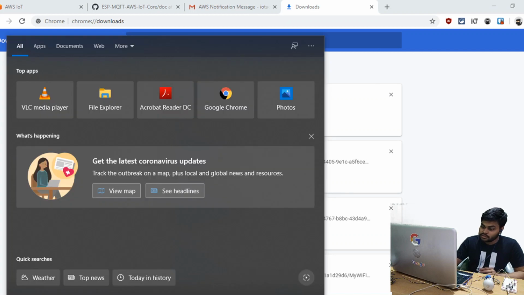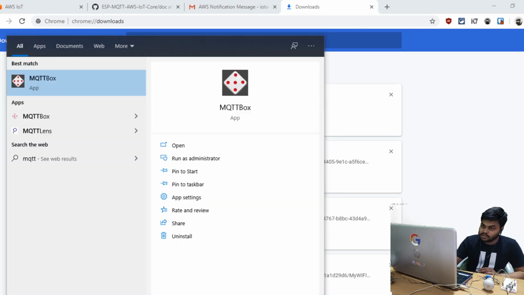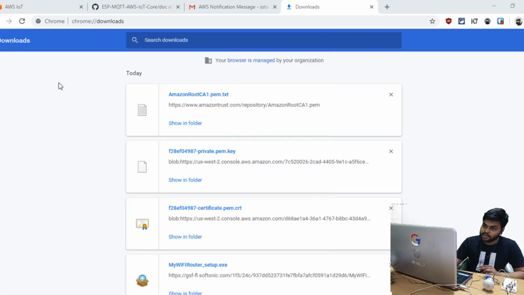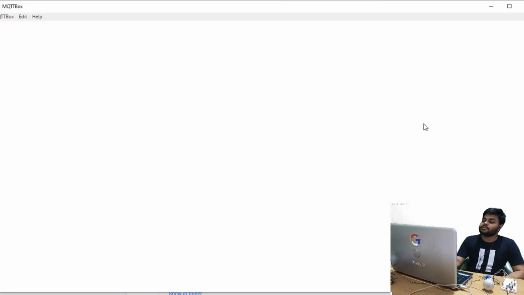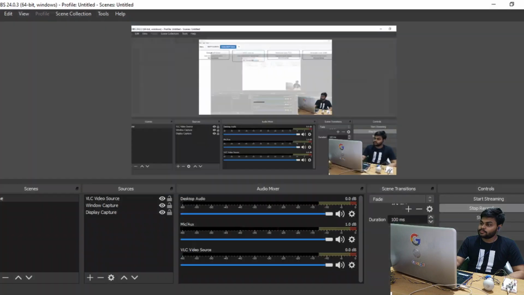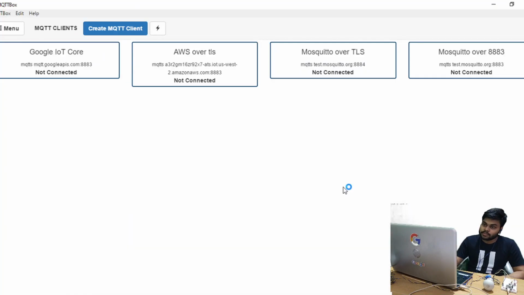You need to download it and simply open it. Okay, so we can see here AWS over TLS.